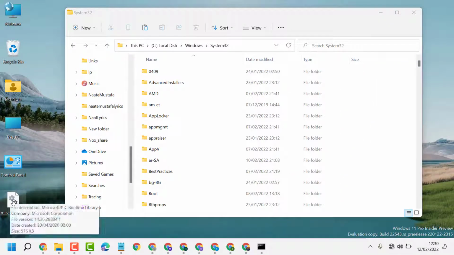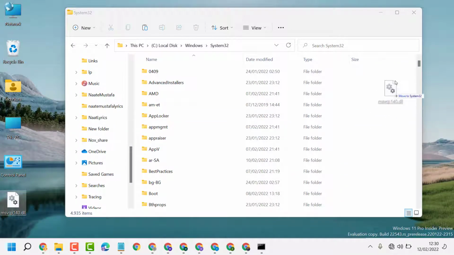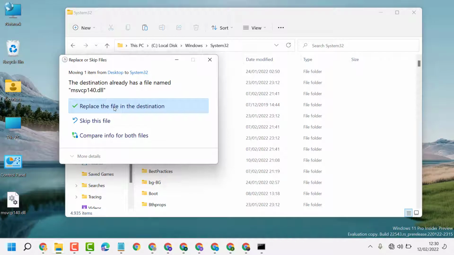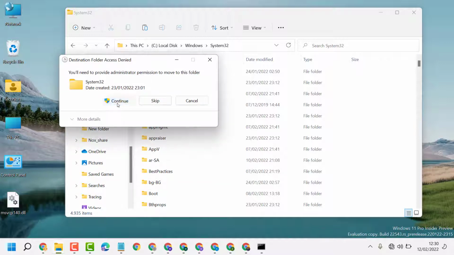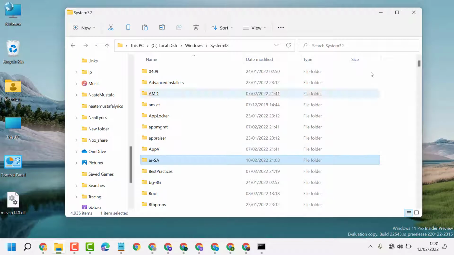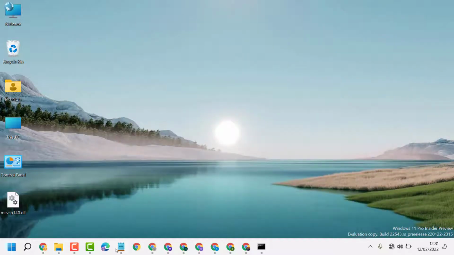Now drag and drop this file in system32 folder. Make sure you drop this file in blank area. It will ask this permission, replace the file in the destination. Click on replace. Continue. So like this guys, you can fix and resolve